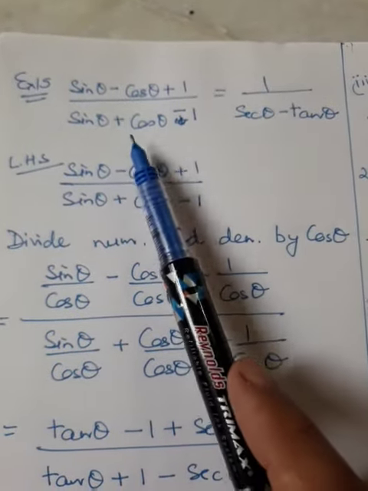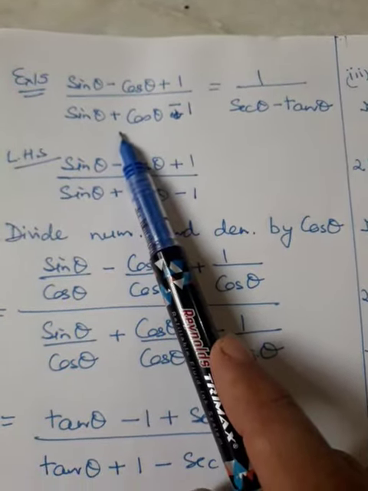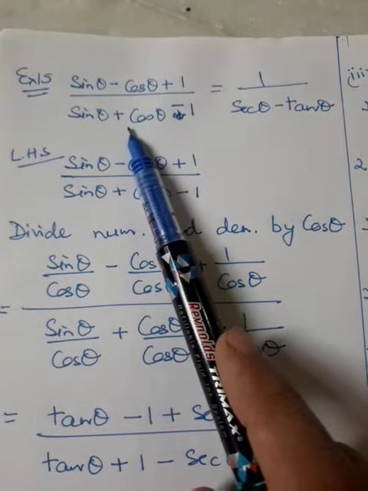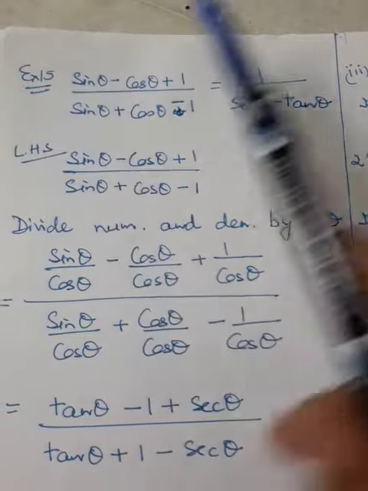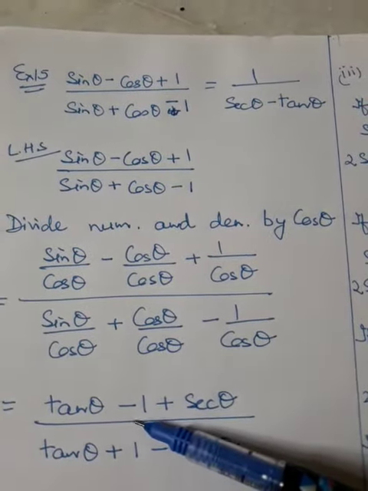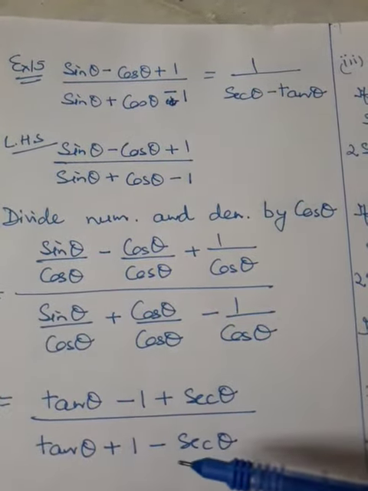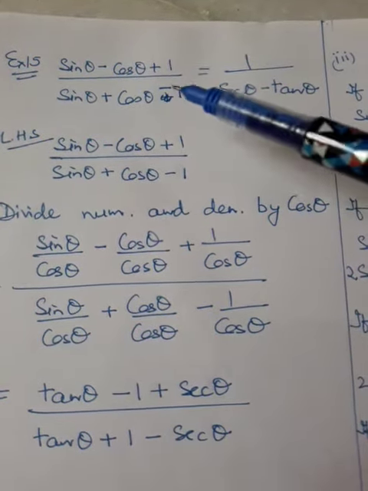Now this is example number 15, which is given and solved in your book. This is again a very important example. You can get the question right from here, and you can even get the question right from here. So it can be asked in either way. So I am explaining this question.